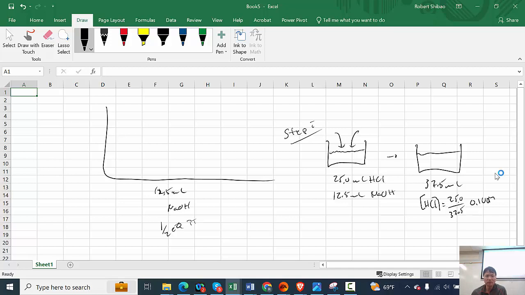I'll just go to 3 sig figs then. Let's just go to 3 sig figs. So let's take a look at it. Well, anyway, this is the start of it. We'll just continue this